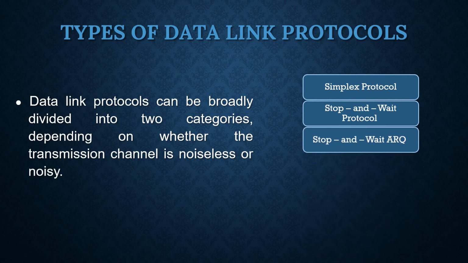Stop and wait ARQ. Stop and wait automatic repeat request is a variation of the above protocol with added error control mechanisms appropriate for noisy channels. The sender keeps a copy of the sent frame. It then waits for a finite time to receive the positive acknowledgement from the receiver. If the timer expires or negative acknowledgement is received, the frame is retransmitted. If a positive acknowledgement is received, then the next frame is sent.